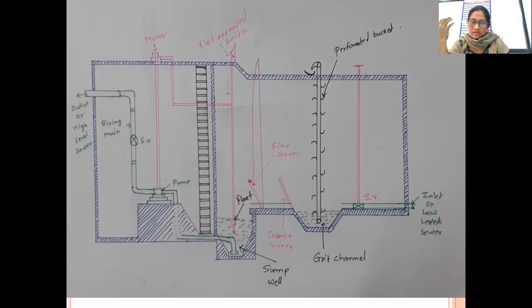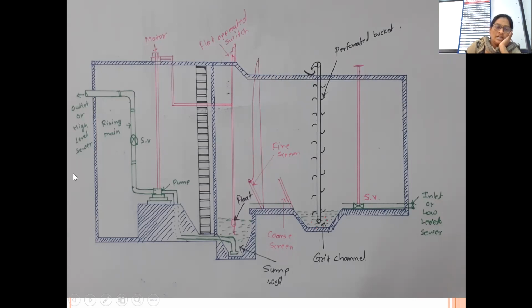them manually. Here I have not shown it, but there is also a need to provide a manhole type of opening through which a man can enter and remove such obstacles, or otherwise a mechanical operation can be provided that randomly picks them up. So that kind of chains you can provide.